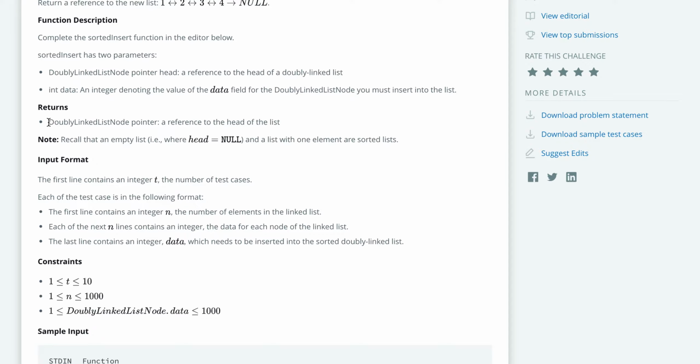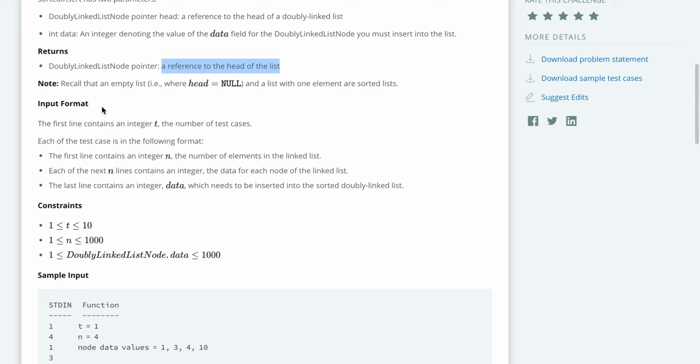We have to return a reference to the head of the list. One thing we have to recall: a list which doesn't have any node means that head will be null, or a list containing only one node will be sorted.